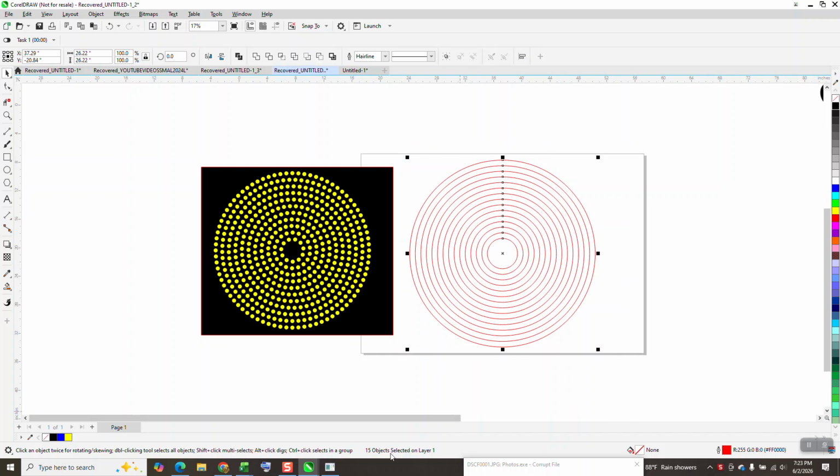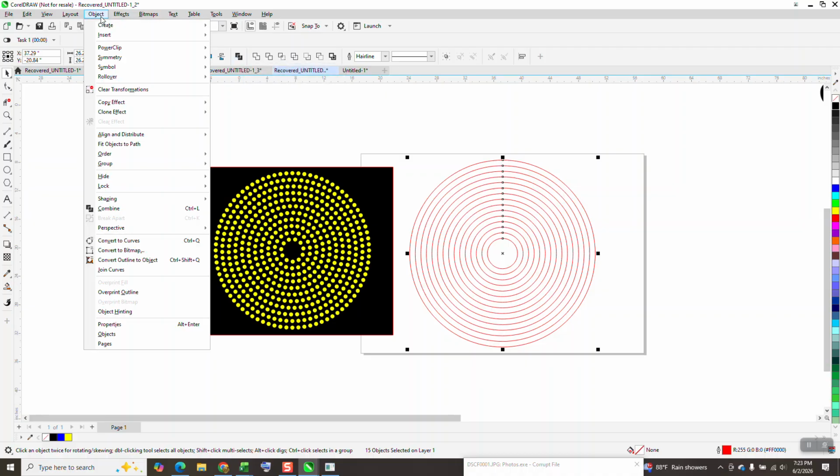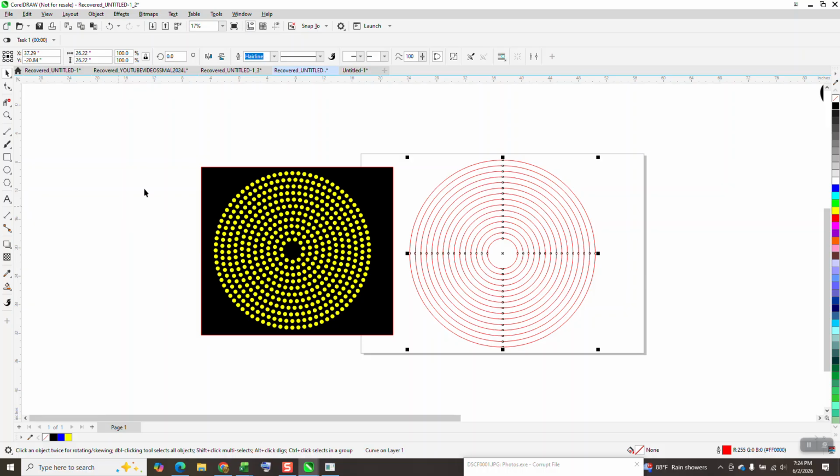these are 15 objects. If you group it, it won't work. But if you go to combine, and yours might not be up there, but you can always go to Object and Combine or Control L. So now it's one curve with many